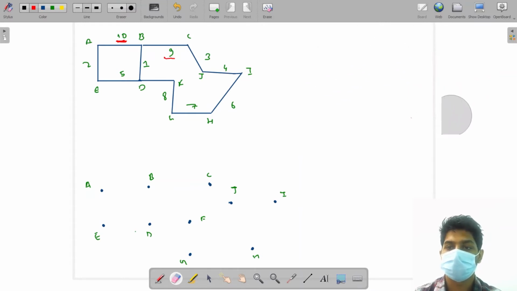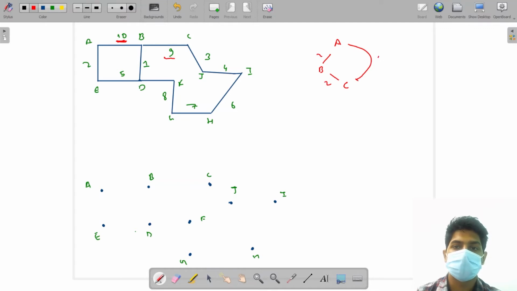Okay, so we have come to know that we can remove some edges. Like if we have a graph with nodes A, B, C, and an edge B to C. If we have multiple paths to reach from one point to another, then we can remove some of the paths, and we can save the cost. Now suppose the redundant path from A to C has a cost of 10, and we were removing B to C, which has a cost of 2. If I remove B to C, then I will reduce the cost of the graph by 2 units.